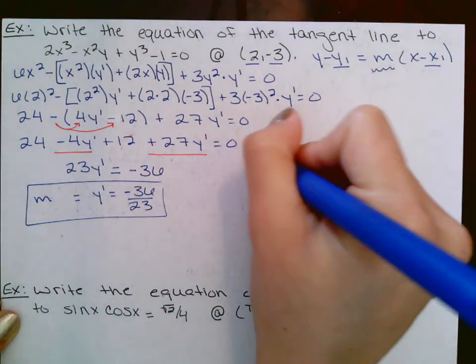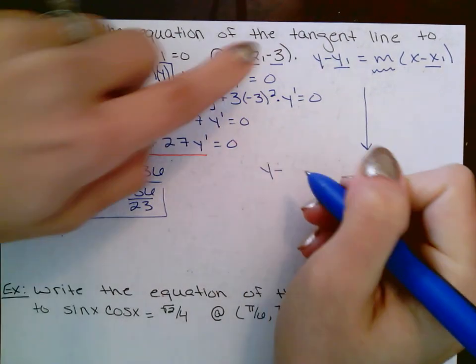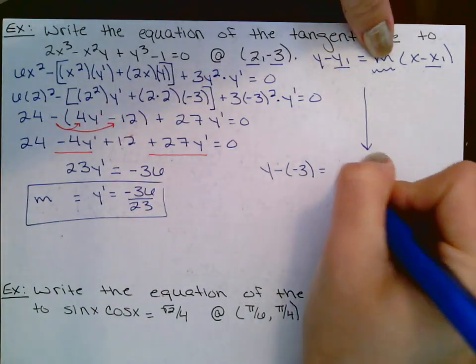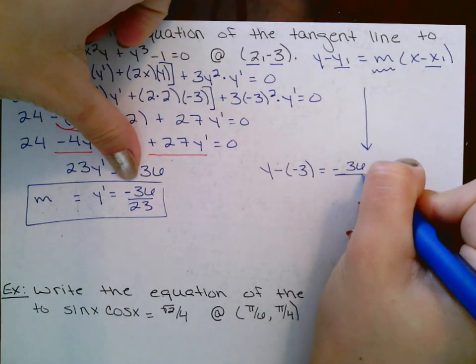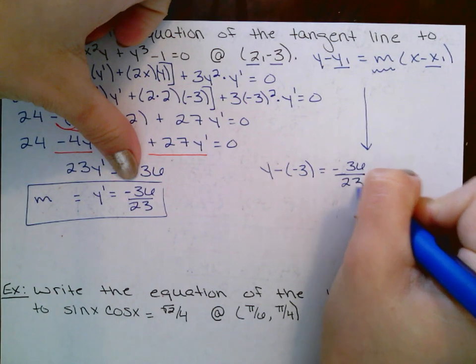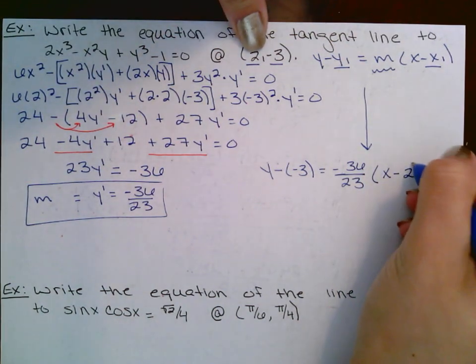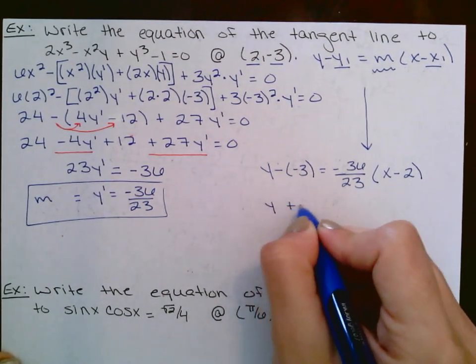I can write my answer. I can say y minus y1, which is a negative 3, equals my slope, which I found was negative 36 over 23, and then times x minus x1. Okay, you can leave it like that. You can say y plus 3